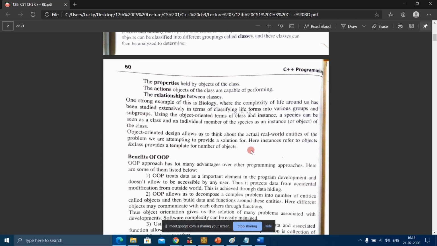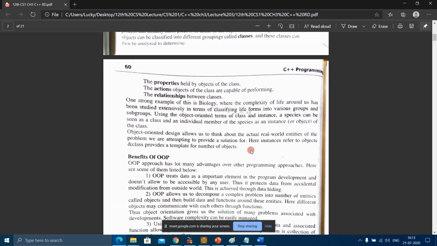Sometimes you have come across this. Template is a class, right? The class is the template. I was telling you the meaning of object, and I was telling you the meaning of template.